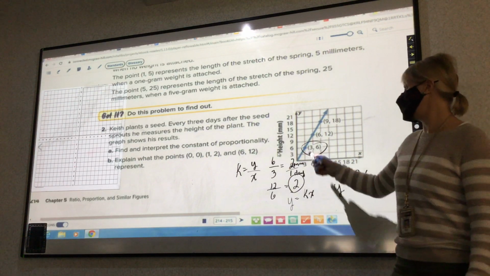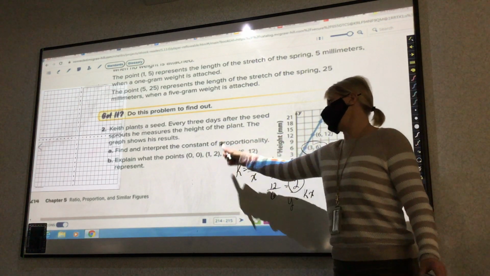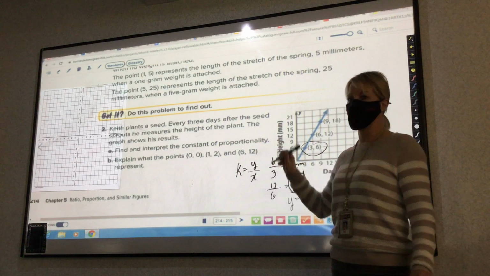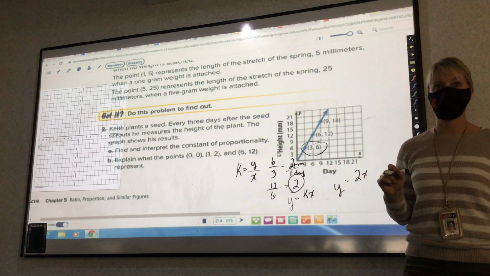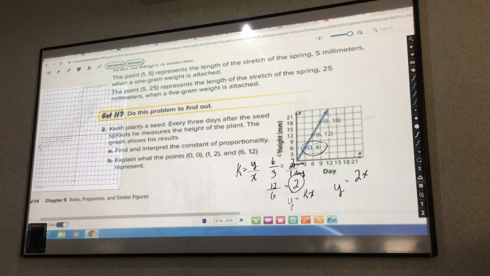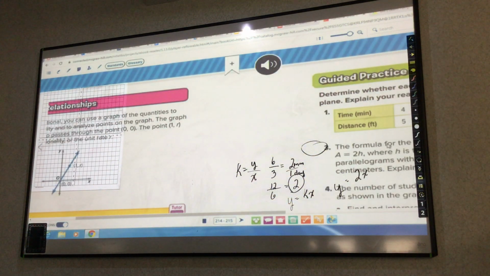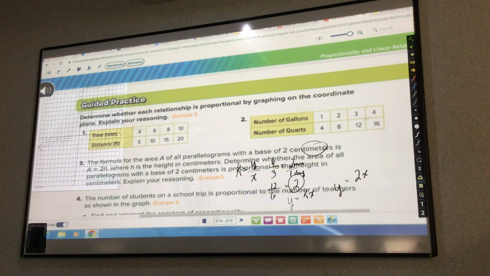Then I have to explain the 1 and the 2. So on the first day, it goes up 2 millimeters. On the 6th day, it goes up 12 millimeters. Does that make sense how you need to explain it? Okay. Does anybody have any questions so far? Okay, go ahead and you can stop. All right, so for